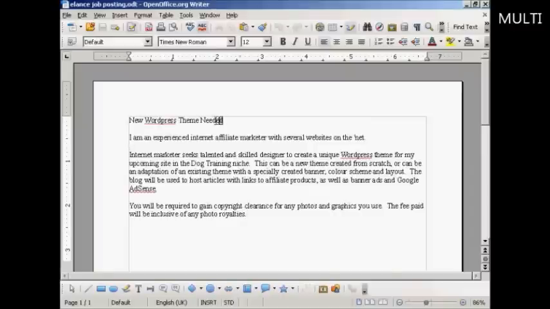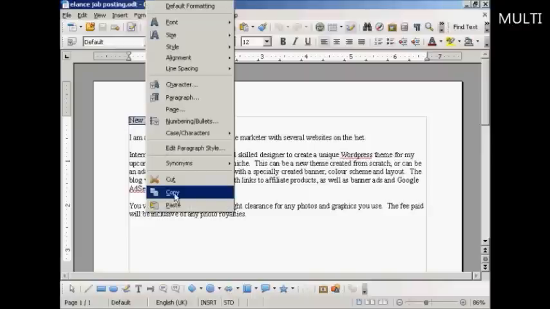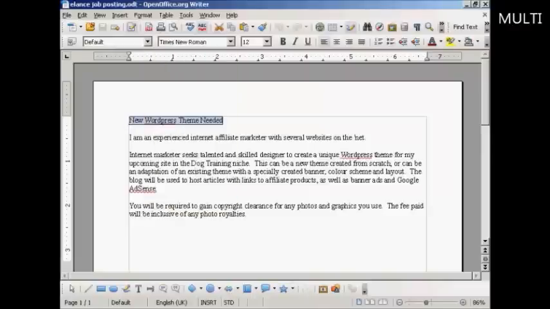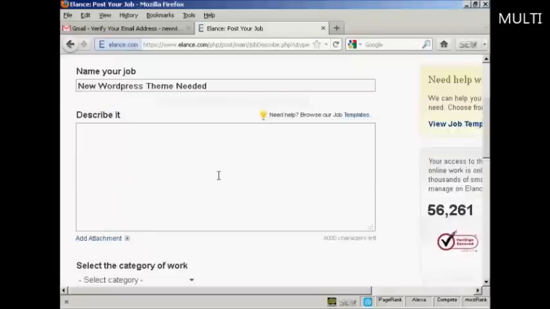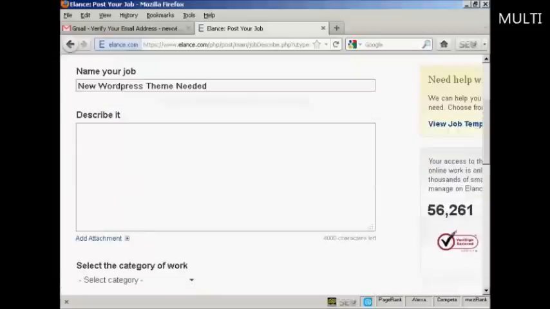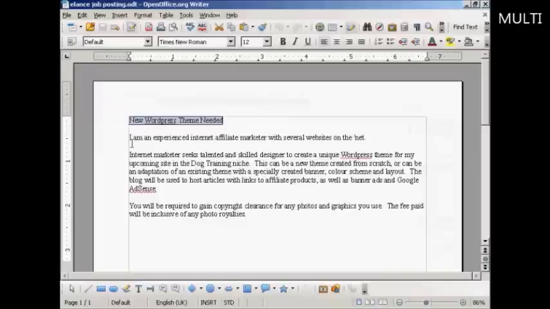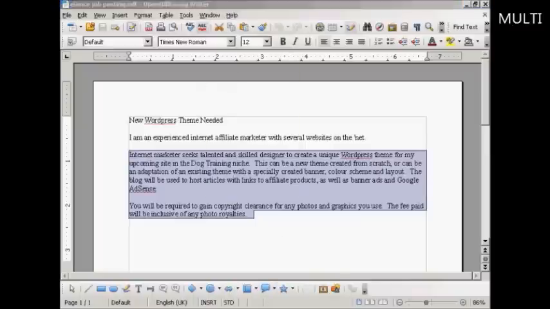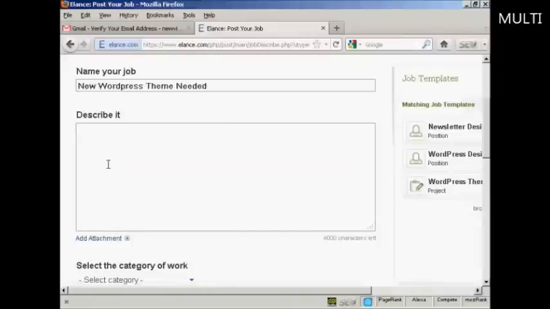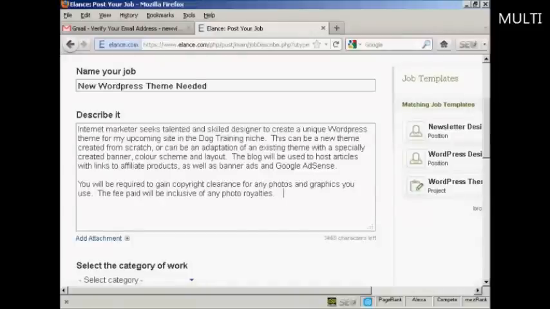New WordPress theme needed. So I'm going to highlight all this one paragraph at a time and copy that. So we can put that in. And then here is my job that I want to have somebody do. I can post that in,